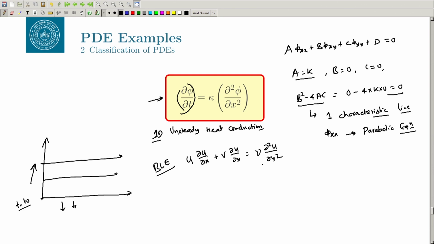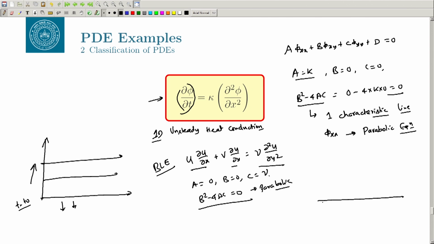This is your Bond-Euler equation, right. So, in this case also, if you work out, your A is equal to 0, B equal to 0 and C equal to nu, right. So, then again it will become B square minus 4 AC equal to 0. So, this is also a parabolic equation, right, but now there is no time here, this is space, right. So, if you want to understand the parabolic equation, let us look at this Bond-Euler equation here,